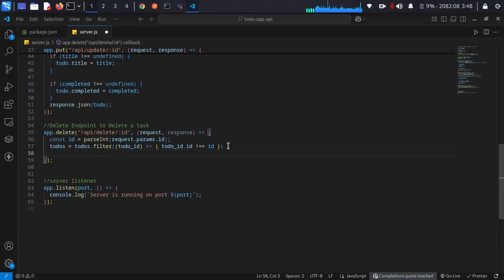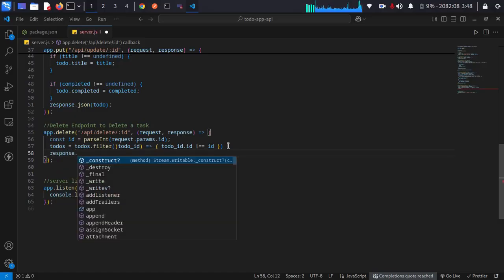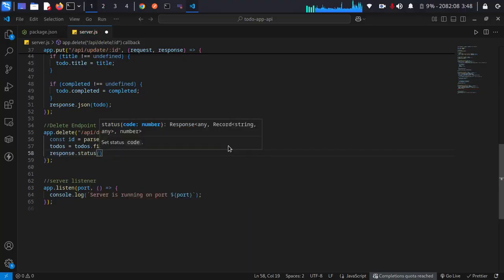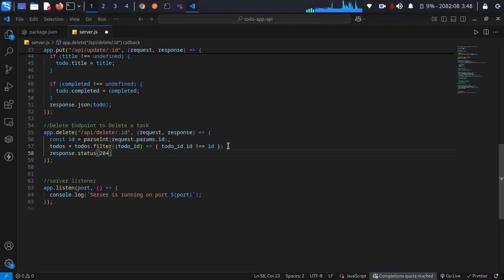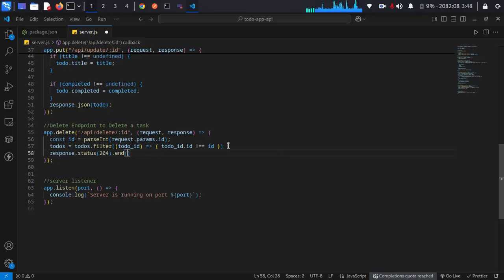So after that, we do response. So we are returning our response. Once they did all those things, we have response dot status. What is the status? 204, right? Status 204 dot end. So that means we are not bringing out anything. We want to end the